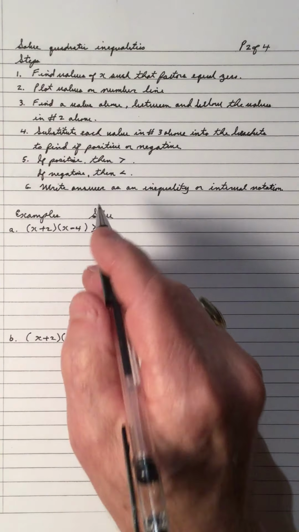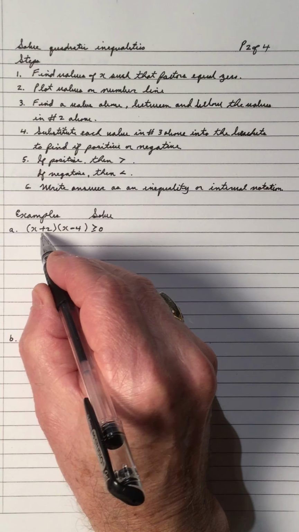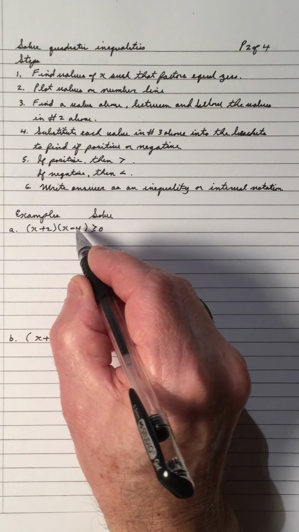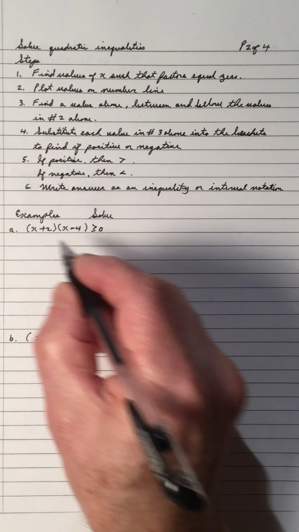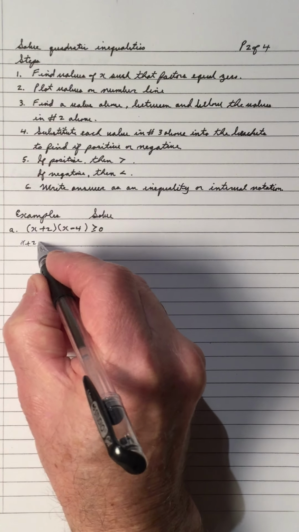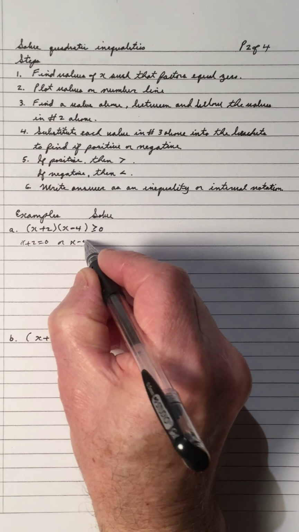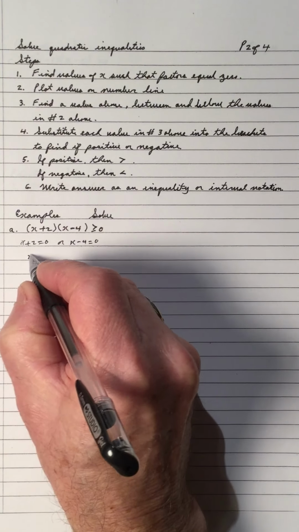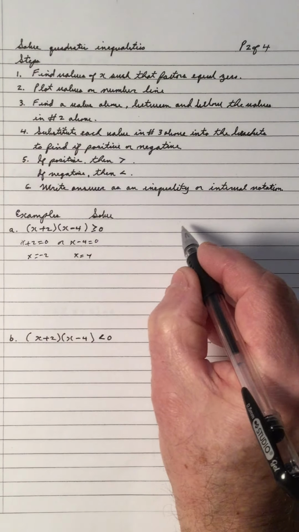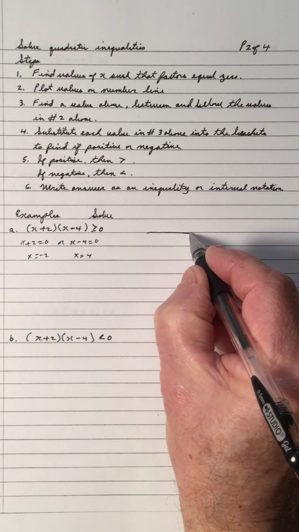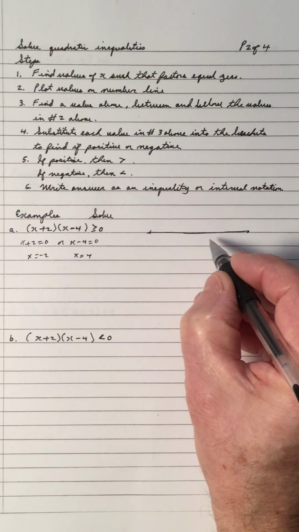Let's do some examples. We have (x + 2)(x - 4) is greater than or equal to 0. So x + 2 equals 0, or x - 4 equals 0. x is negative 2 and x is 4. So if I draw a number line and I put 4